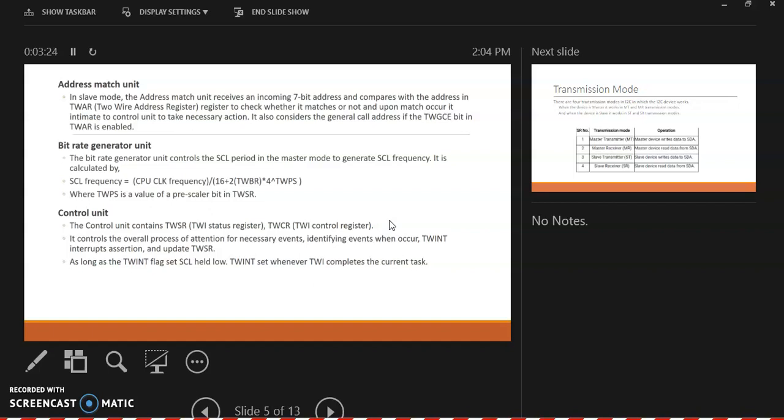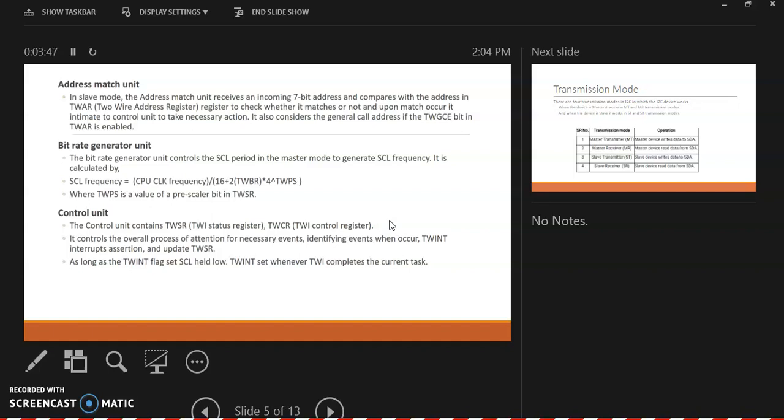The next one is the control unit. The control unit contains TWSR, the TWI status register, and TWCR, the TWI control register, and it controls the overall process, identifying events when they occur. TWINT generates an interrupt and updates TWSR.